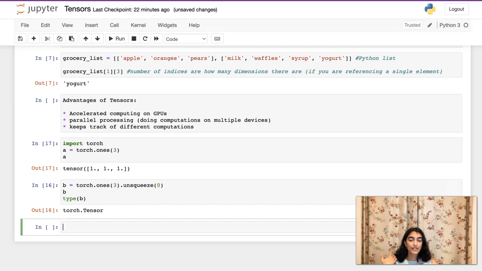And so what you can do is convert it to a regular integer. If you wanted to keep it as a tensor, you could, but if you wanted to convert it to a floating point decimal or just a regular integer, you can do that as well. So if you do float and then A,